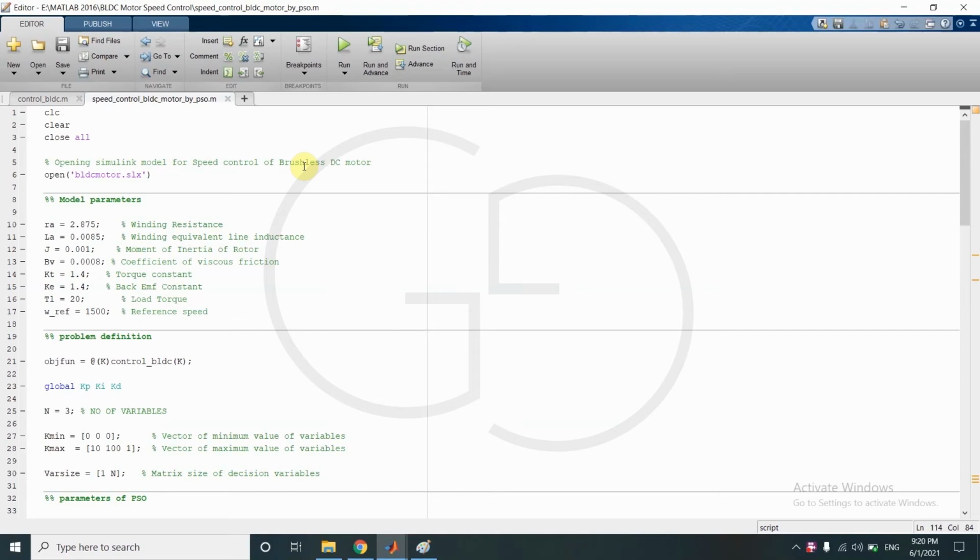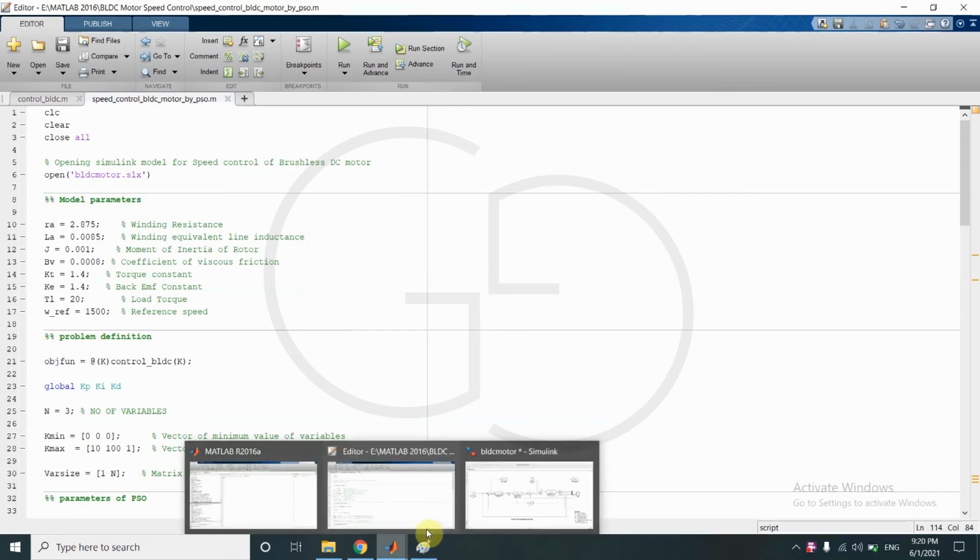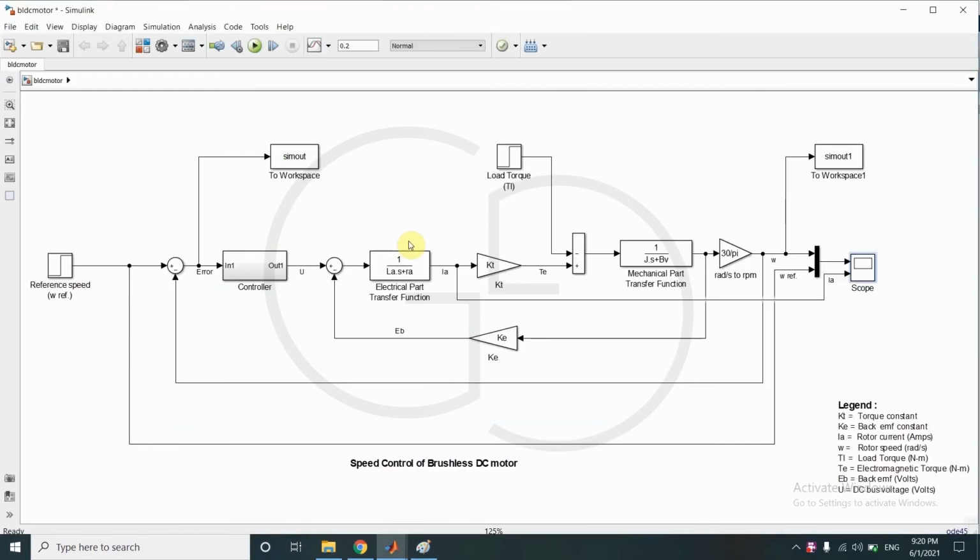I have made the Simulink model by the name of BLDC motor.slx. So we open the Simulink model. Let me show you that. So this is the Simulink model. As you can see, this is the transfer function model of BLDC motor, and the various parameters such as LA, RA, J, B, V, KT, KE, all these parameters are taken as variable in the model because we will define the values